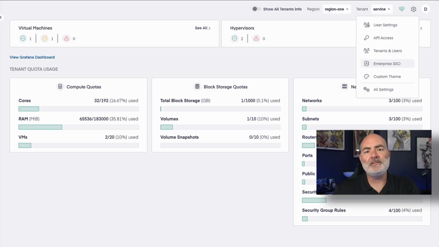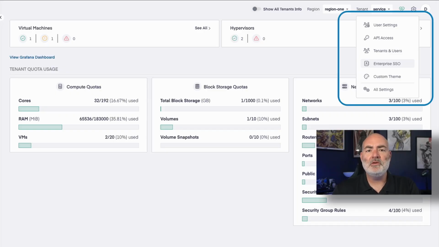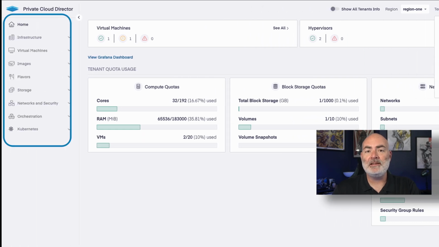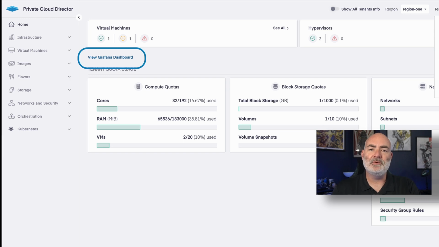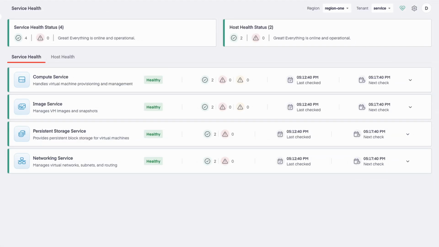First up, we've redesigned the user interface and menus, moving some of the administrative functions over to the Settings button, combining Kubernetes and VM workloads user interfaces, and added a link to Grafana with some introductory dashboards for cluster hosts and VMs. Next is our Service Health page, which shows the health of the different services within Private Cloud Director: